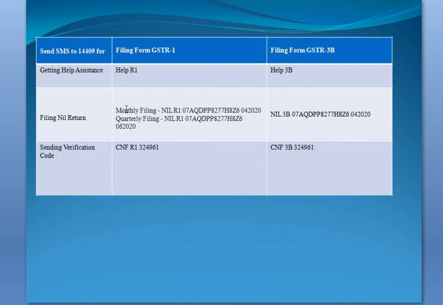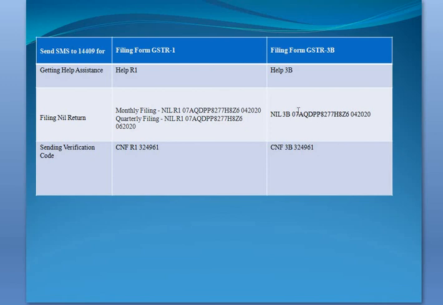To file this GSTR1, you have to type NIL space R1 space your GSTIN number, and then the period for which the return is to be filed, for example 04/2020 means April 2020. For 3B, the same thing, you type NIL space 3B space GSTIN space the period which you want to file, and send this message to 14409.